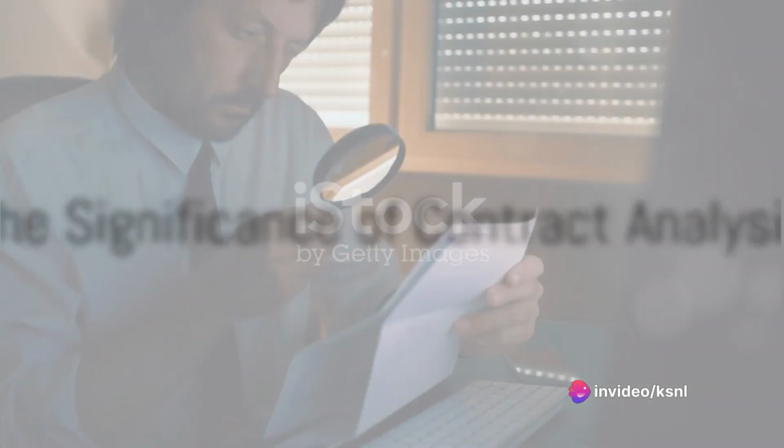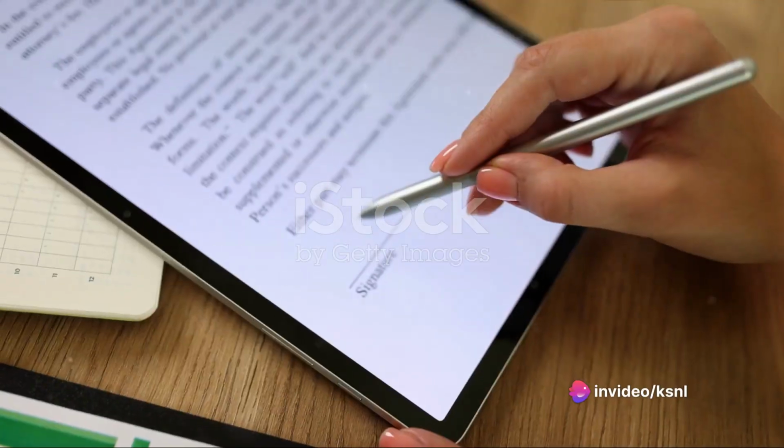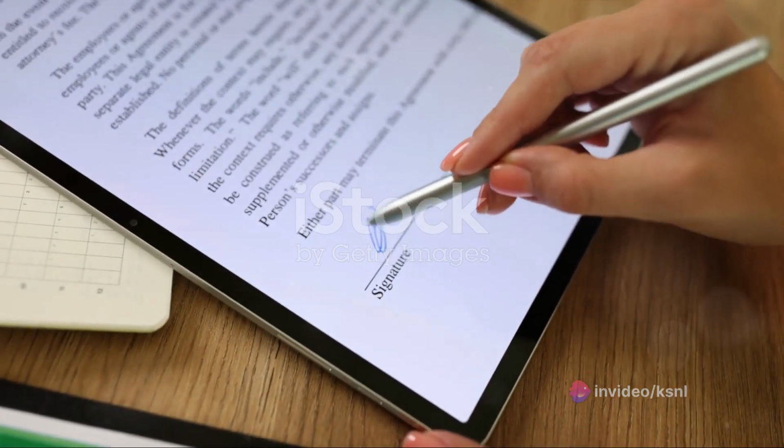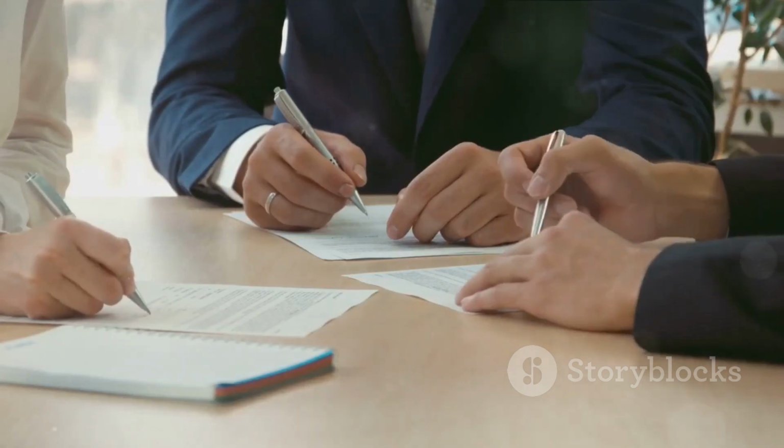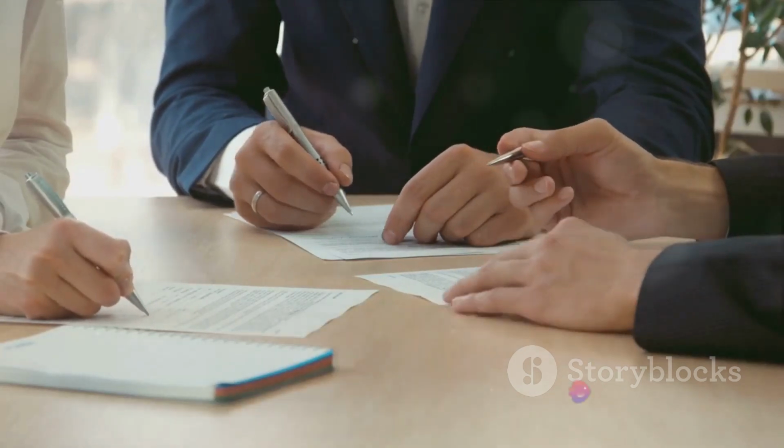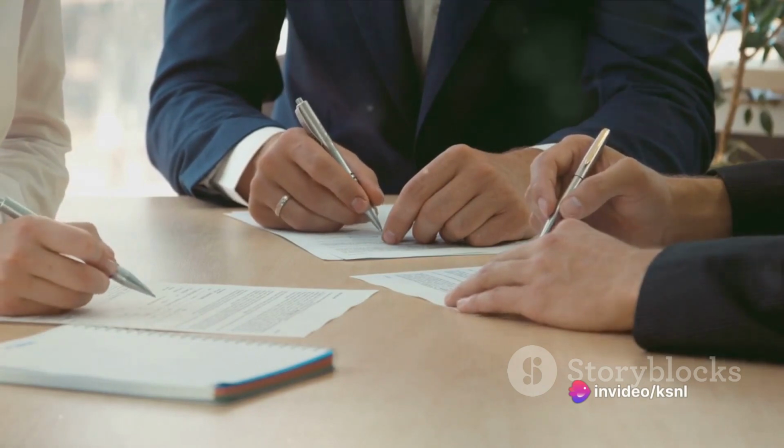Have you ever pondered over the significance of understanding the contract analysis process? Well, it's a process that can have profound implications on the success of any business. Today, we delve into the nitty-gritty of contract analysis, breaking it down into manageable steps to provide a clearer understanding